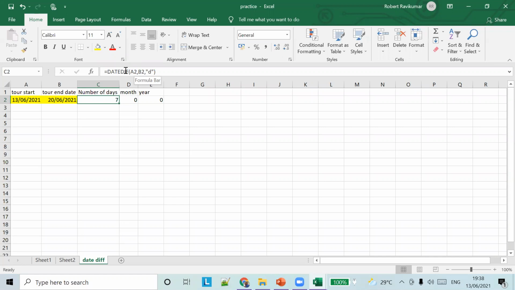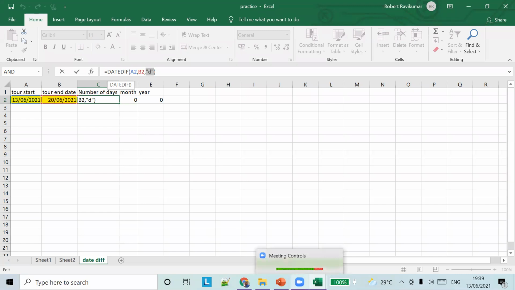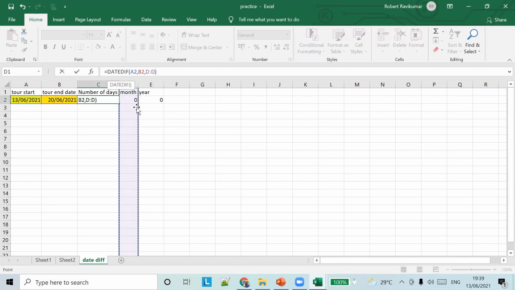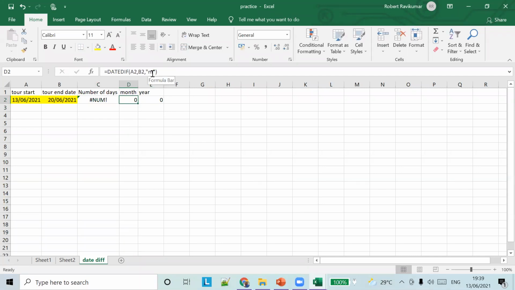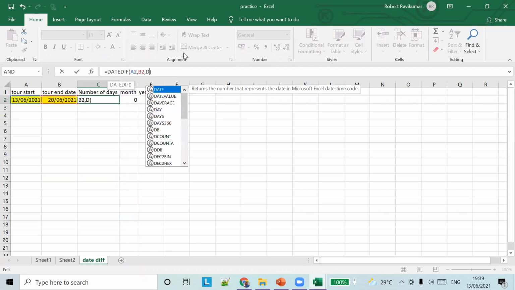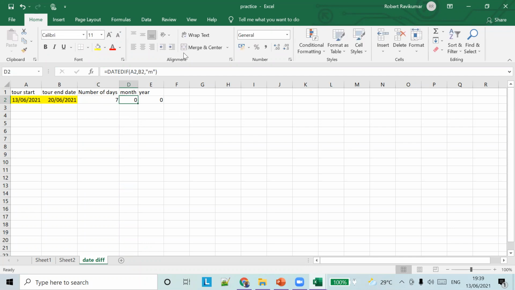If you want to find the difference in days, you have to pass D. For the difference in years, you pass Y. For the difference in months, you pass M. So here the difference in days is D, so 7 days.